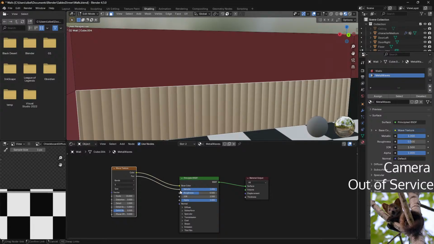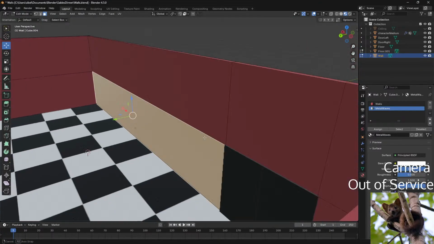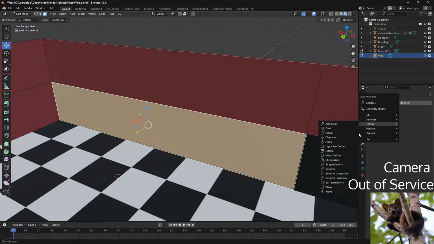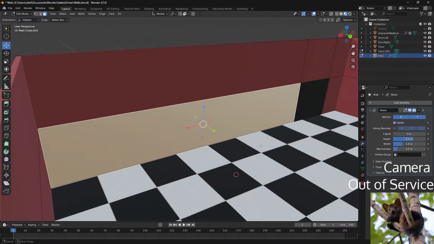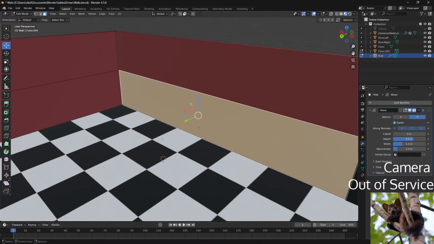What is that? Let's remove this. Maybe if I deform that, like, what if... Hey, deform wave. Motion on Y. Is it doing something?